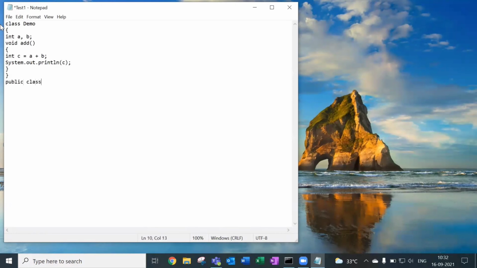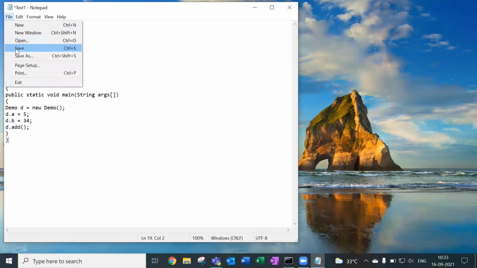Now I'm going to configure the main class and my main method, public class test1, and void main method. Here in this main method, I need to call the previous method. For that, Demo d equal to new Demo. In this line, d is a reference variable, which is used to point to the object of the mentioned class. Here we are using variable d to point to the object of the Demo class, equal to is the assignment operator, and new is a keyword which is used to create an instance of a class. We have created the instance of the Demo class. Now we need to access that method for addition. So d.a equal to 5, where we are using the reference variable to assign the value which is in the Demo class. And finally, we need to call that add method. So d.add. That's it.